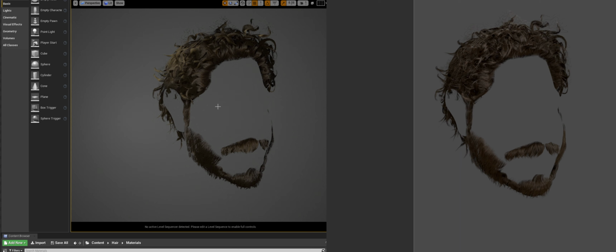But Unreal Engine is a real-time game engine, so we can see all the stuff in real time. And on the right side, in Marmoset Toolbag, we have the presentation render. We can quickly add a lot of stuff into it and take the renders out. And the hair material looks like this in Unreal Engine 4.